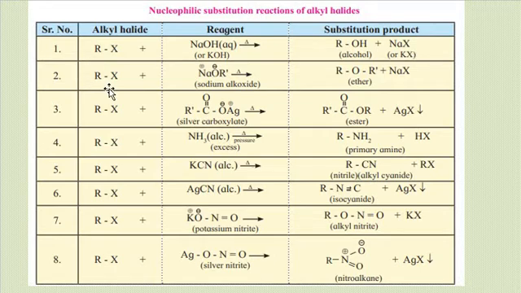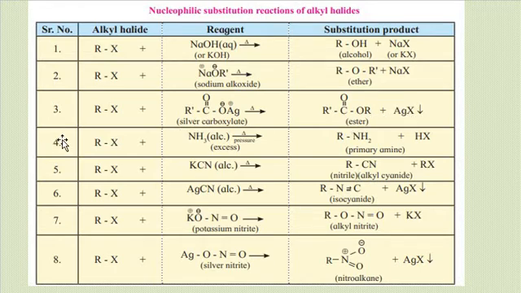If we are treating this alkyl halide with sodium alkoxide, and R dash could be ethyl, methyl, and so on, it could be anything. So what will happen? Sodium will take up this halogen atom and OR nucleophile would be bonded with this alkyl group to give you ether. Third reaction is when it is treated with silver carboxylate. This is the reaction by which we form esters. What will happen? This X would be replaced by RCOO nucleophile to give you ester, whereas silver halide precipitates out.